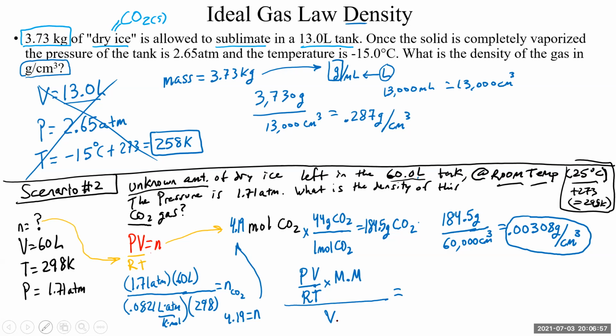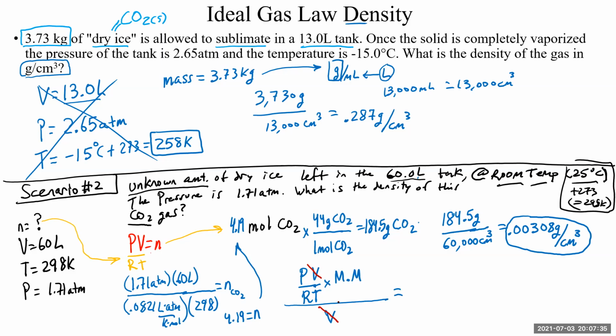But if you like that sort of thing, one thing you can do is notice that you can cancel out the volume. Since you're canceling out volume in both cases, of course, the volume on the bottom is supposedly in milliliters, but let's just say you kept it in liters. You could just say, well, it's your pressure times your molar mass divided by RT, and that's it. That's your density. Now, your density will be in units per liter rather than per milliliter, so you'd have to do a little bit of converting there. That's the only problem.